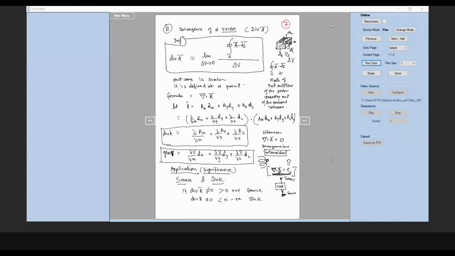Okay, similarly now next would be, I have to add a page over here. Shall I move to next page? Have you noted it down? Okay, so I will add a page here.